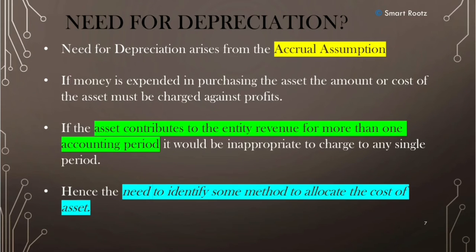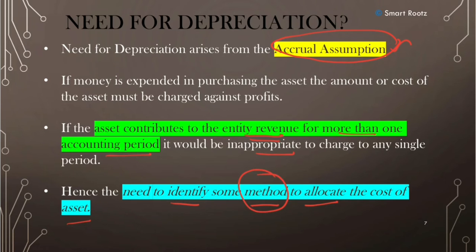Based on the numerical example, we can understand that the need for depreciation is to show that the asset is contributing to the entity's revenue for more than one accounting period. So, it would be inappropriate to charge the cost of the asset to one single accounting period. And also, following the concept of accrual and the concept of matching, it is appropriate to show the cost of the asset across the years in which the company uses it to generate the revenue. So thus there was a need to identify a method to allocate the cost of the asset, and that method of